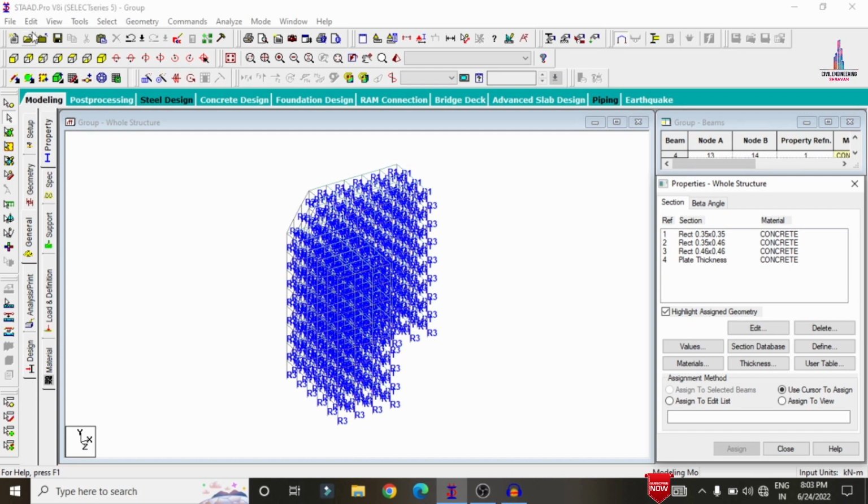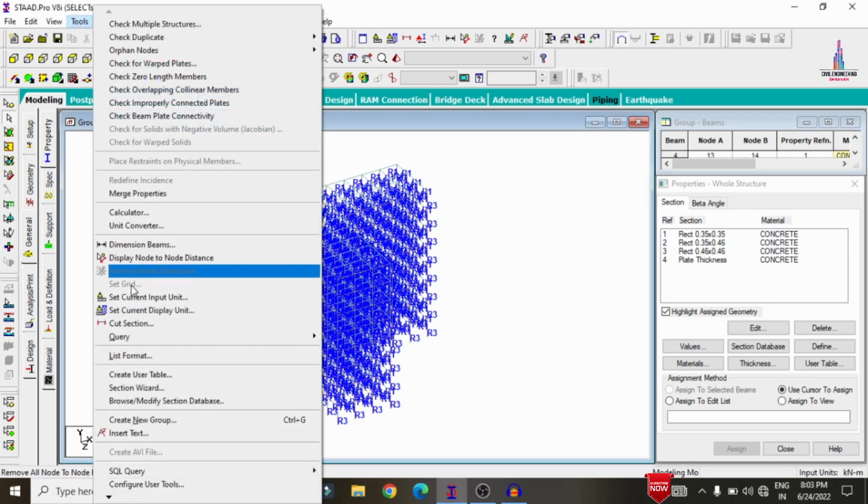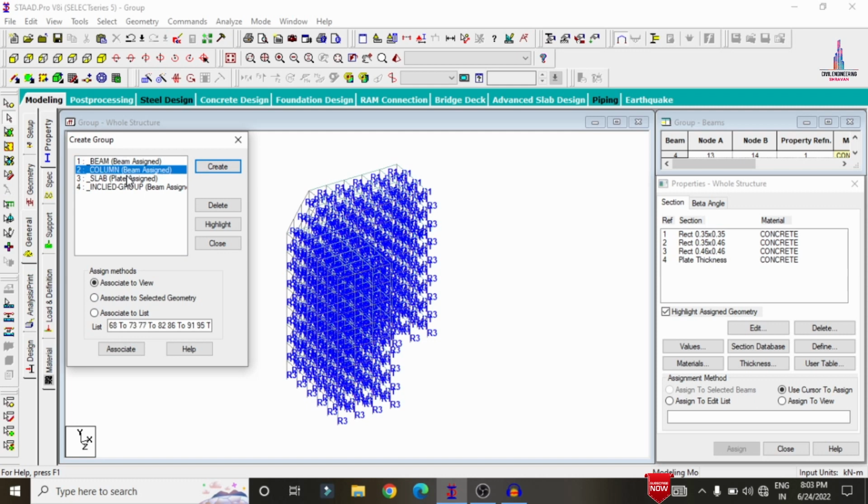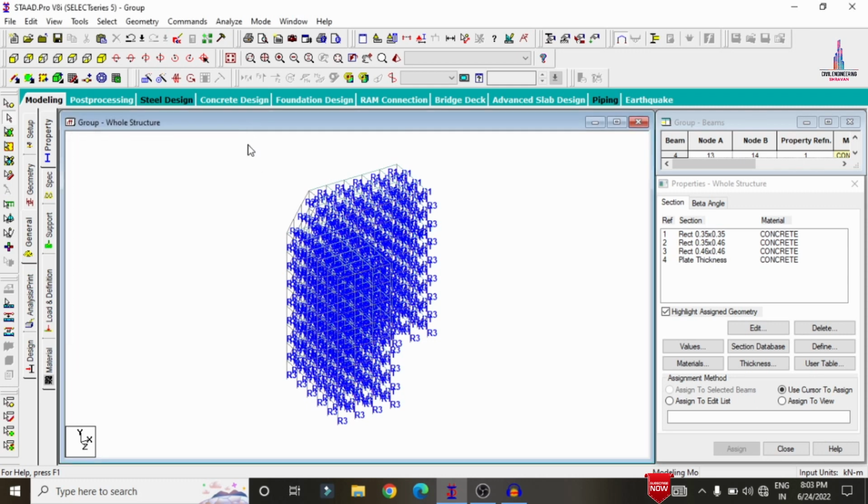For that we have to click on the tools option here. We need to click on the create group option. You can directly click on the create option so that it will take the new option of creating the group, where we have to write the name or ID number for the group, and select the particular members in the building structure. We have to directly assign that member by using the associate selected geometry option so that it will apply the property for that particular group. In this case I have selected 4 types of plates here. In the same process you can repeat this for your respective building consideration sections.